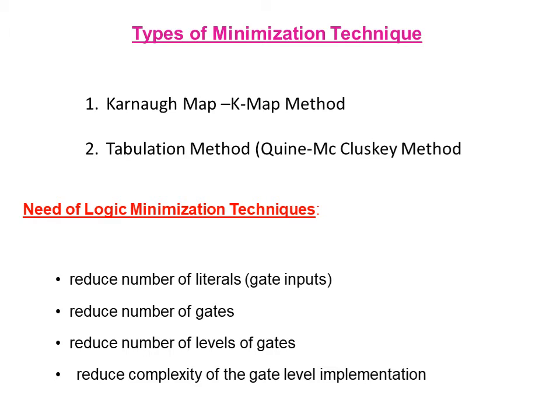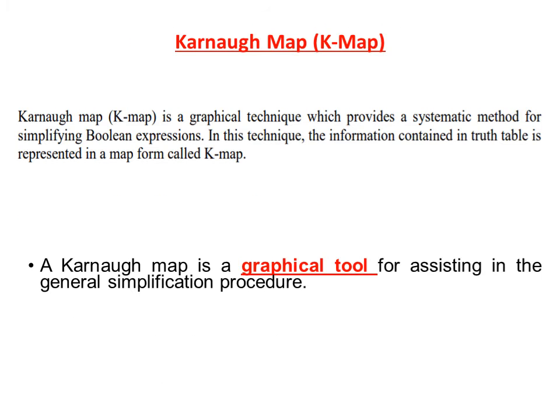The need for this minimization technique is that generally we use Boolean rules to simplify logical expressions. But Boolean algebra and rules are easy only for simple expressions. When the expressions are very large, it is very difficult to simplify using Boolean algebra. In this case, if we apply K-map methods, we can reduce the number of literals easily. So the number of gate requirements will be reduced, and the circuit complexity is also reduced. That's why K-map and tabulation methods are used to simplify expressions.